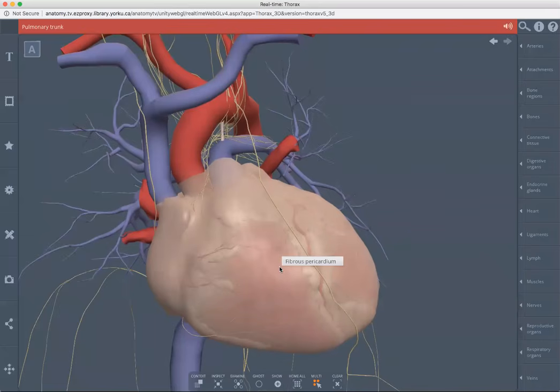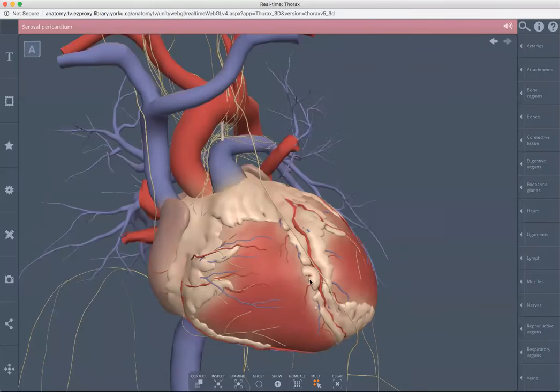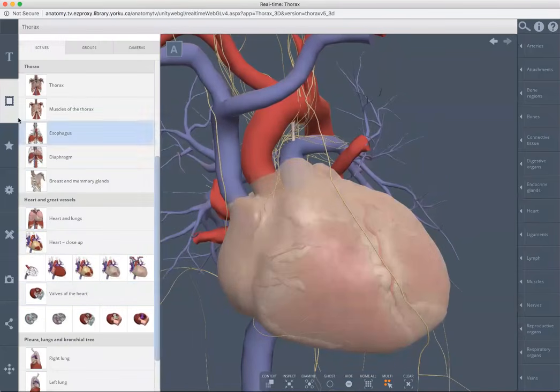So what we have here is the outermost layer, the fibrous pericardium, okay? And if we hide that, you can see we have a much thinner layer, and this is the serous or serosal pericardium, which is a double layered membrane, as we'll discuss in class. And then you have a lot of fat underneath, and the fat is just protective of all those little blood vessels. So if we put the pericardium back, so the serous pericardium again,